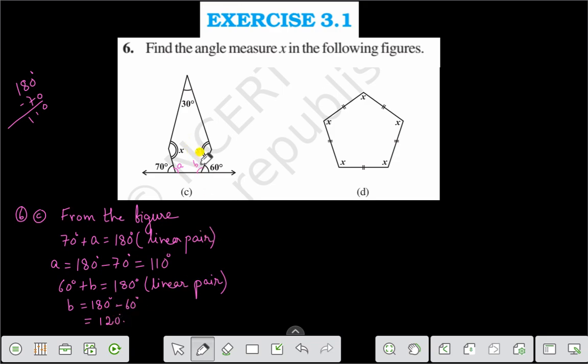So this angle A is 110 degree and this angle B is 120 degree. Right? And you know that